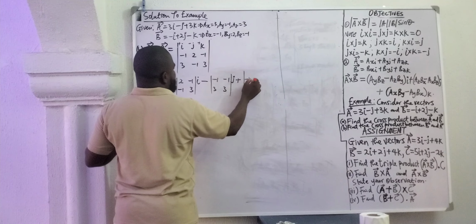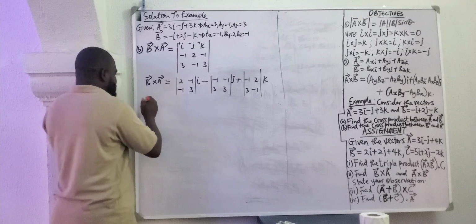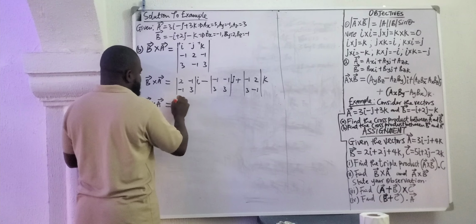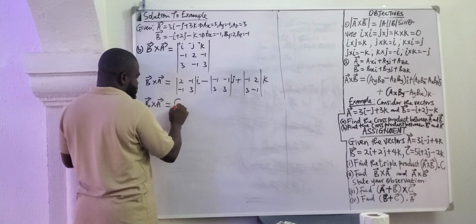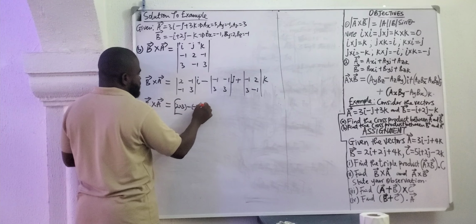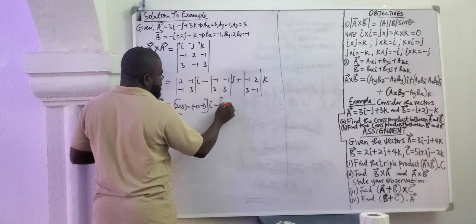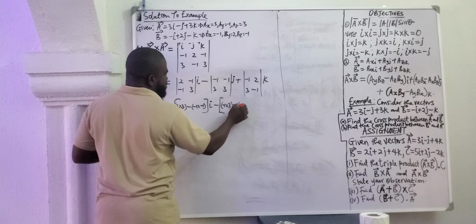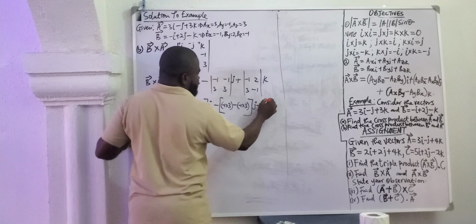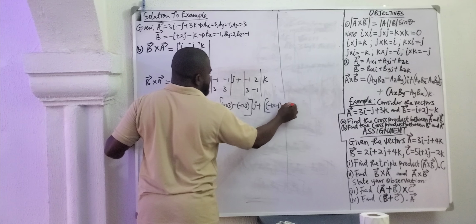I have minus 1, 2, 3, minus 1, K. Now, I reduce the 2 by 2 matrix further, and that gives me B cross A equals 2 times 3, minus 1 times minus 1, I, minus 1 times 3, minus 1 times 3, that's J, plus, I have minus 1 times minus 1, minus 3 times 2,